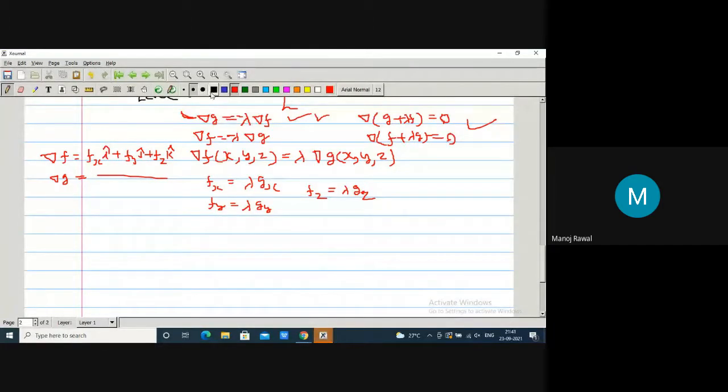Okay, now let's do questions. Questions are very easy. If someone does not understand the geometrical interpretation, forget it. Why take so much tension? So the idea here is the procedure, the idea for solving questions. What is the idea? To maximize or minimize. So either you will get maxima or you will get minima.